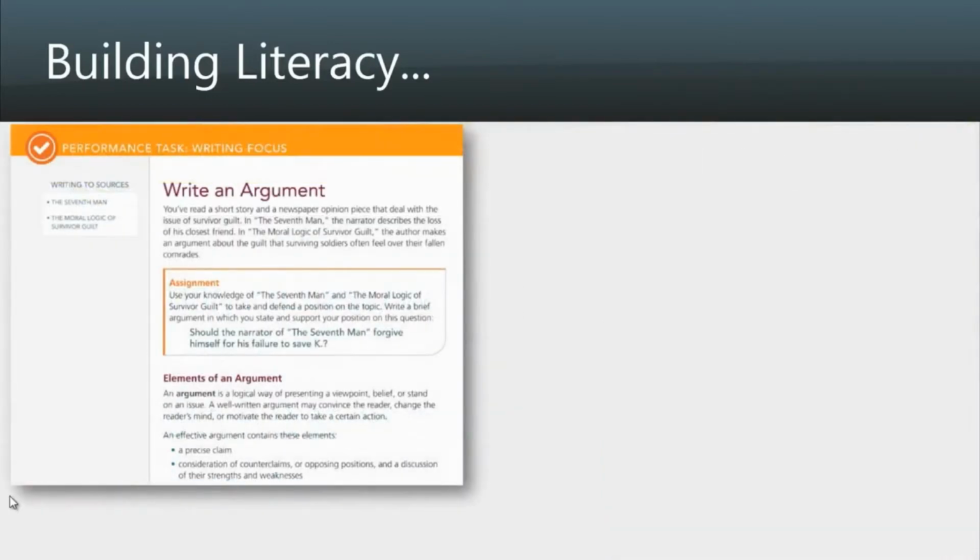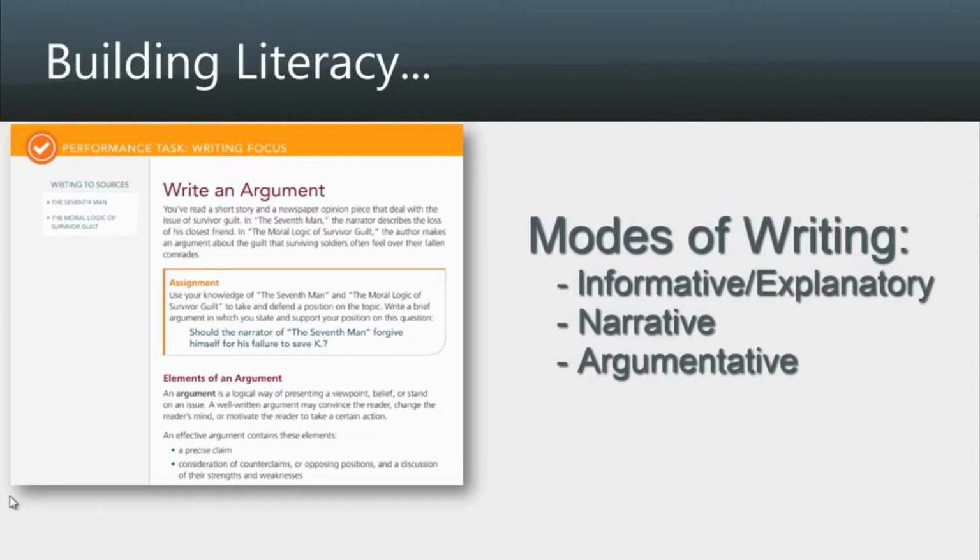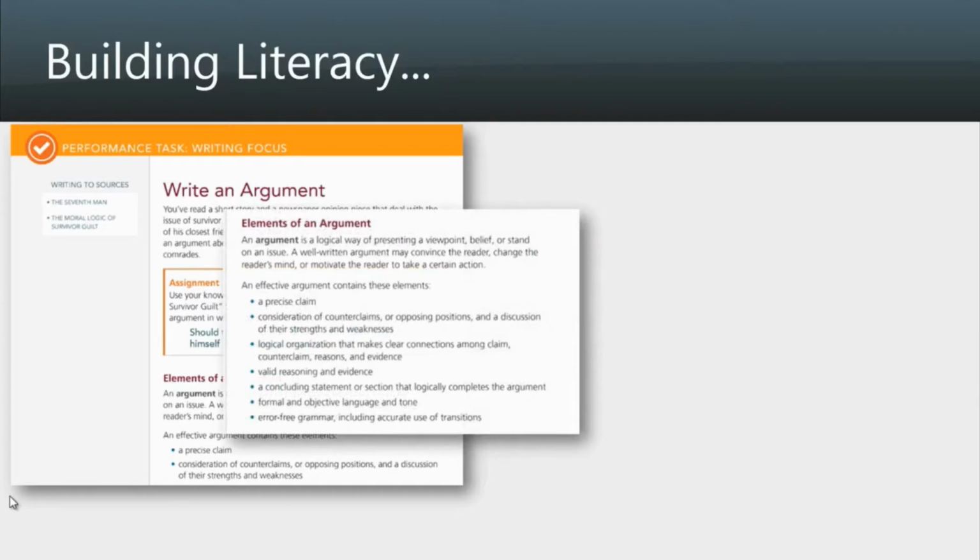A critical part of being a good writer is truly understanding the modes of writing. In myPerspectives, every piece of writing is a combination of different modes, from the informative to explanatory, narrative, or argumentative modes. For instance, when writing an argumentative piece for this unit, we also include instruction around narrative writing, because often in an argumentative piece, a portion of the narrative is needed to create interest and build background for the reader. However, we also focus on a main mode of writing specific for each unit and include explicit instruction and practice for that mode in the performance tasks.